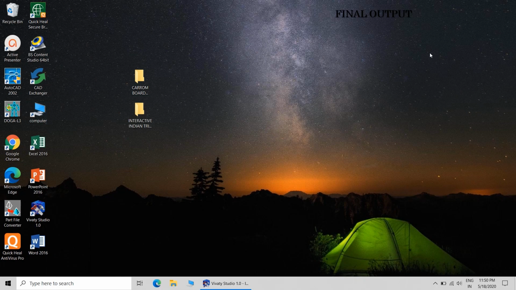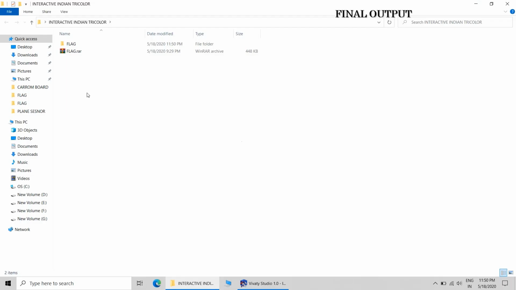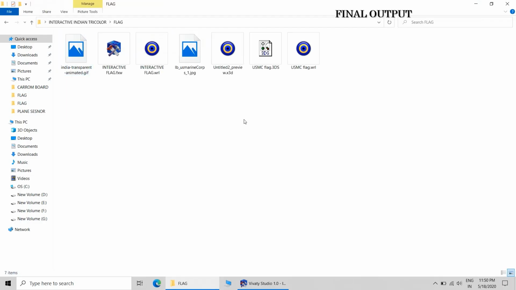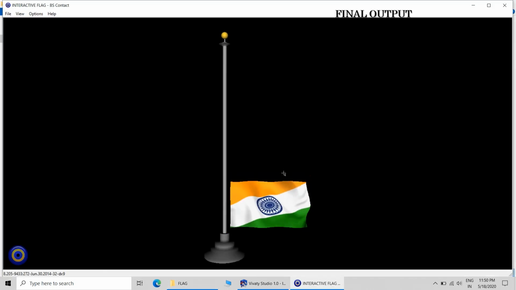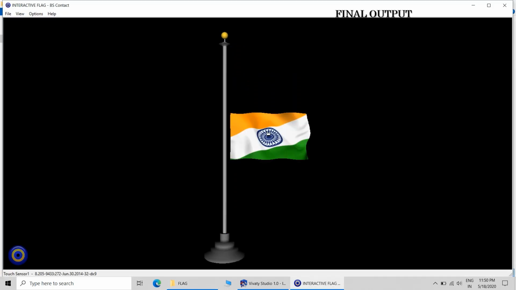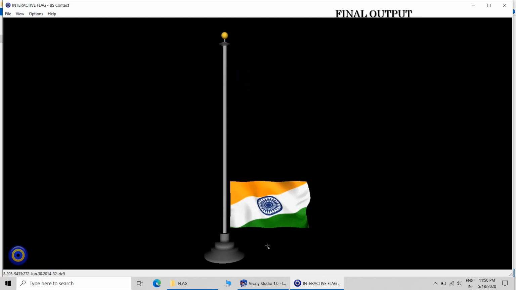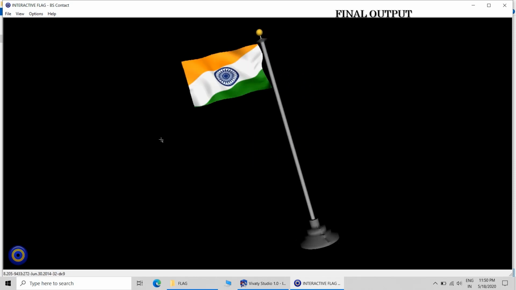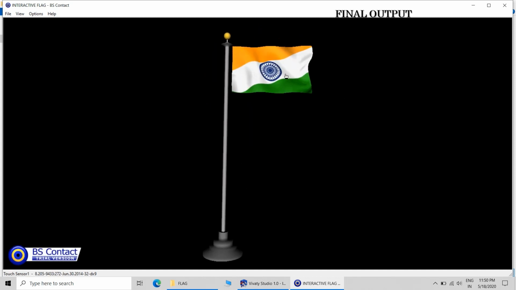Now we will check the final output. Go to the folder, and this is the required file, and you can see that we can raise the flag along the post. We can raise and lower down the flag, and it is following perfect limits.